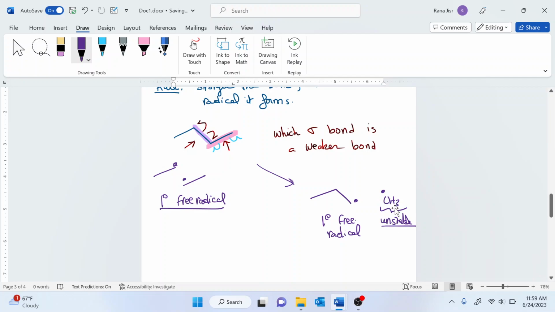Now, methyl radicals are completely unstable. So this is going to make that bond a stronger bond, harder to break than this bond over here, which will be a weaker bond and easier to break compared to the sigma